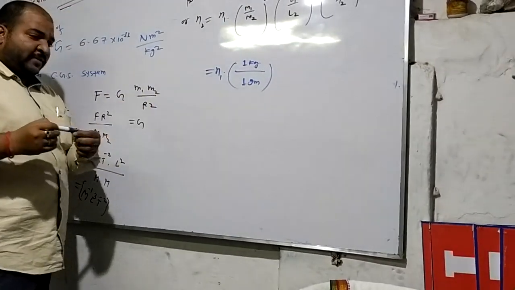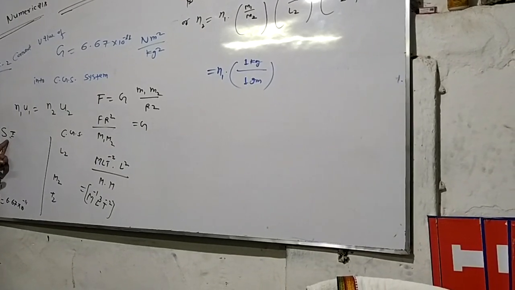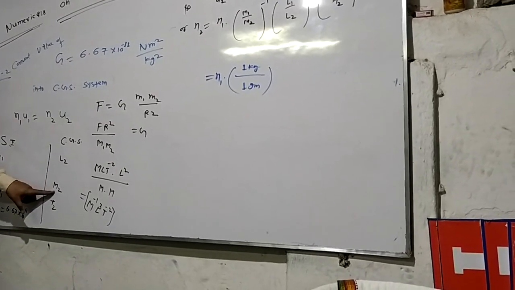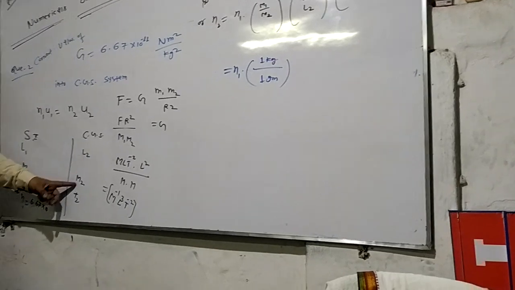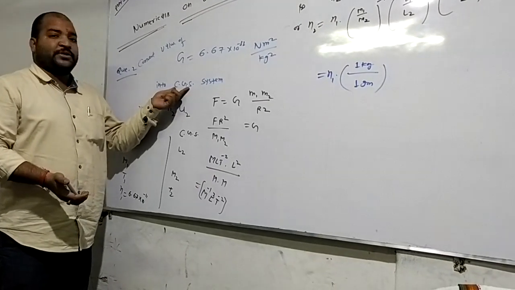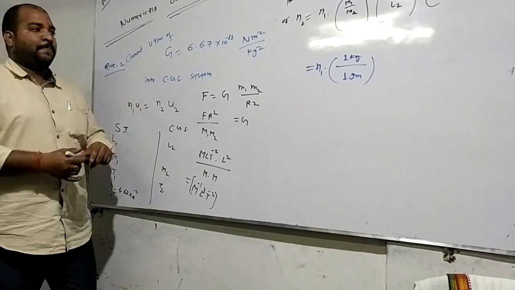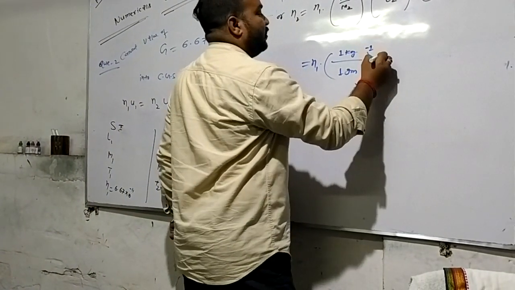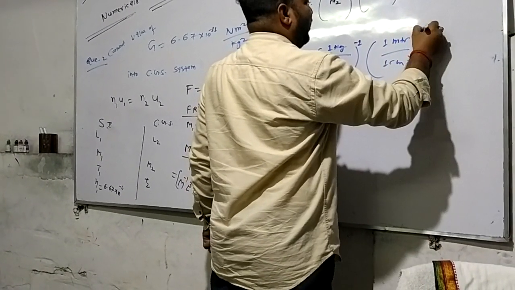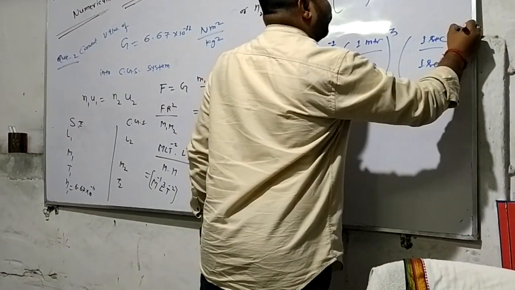Why? Listen here, look at here. M1 is the mass in the first system, which is SI, in which we take kg, which is given already in the question. And M2 is the mass in the second system, in which we are to convert the value, which is asked by the question, centimeter, gram, second. That means in the second system we use the mass in gram. 1 gram power minus 1. L1 upon L2, 1 meter upon 1 centimeter power 3, and 1 second upon 1 second power minus 2.